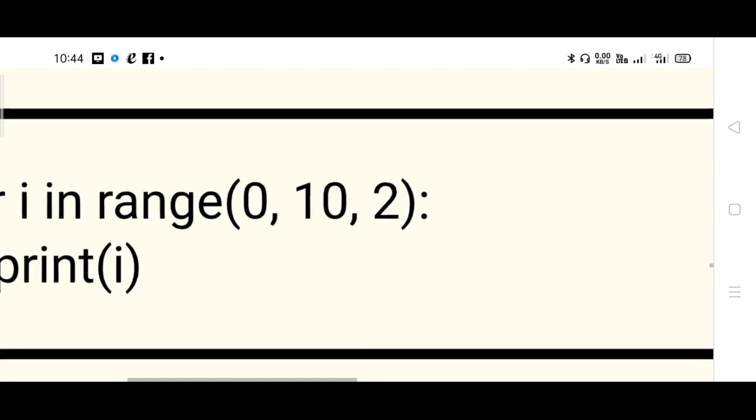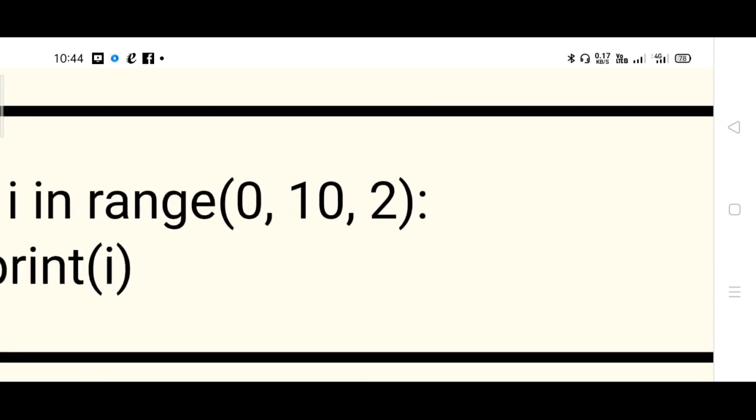But now, since there is a stepping parameter given, 2, you have to add 2 each time to the existing value of i. Say the initial value of i is 0, 0 will be printed as per the rule. Plus 2 is added, next 2 is printed, next 4 will be printed, 6 will be printed, and 8 will be printed. But after adding 2 to 8, you will be getting 10. 10 is the last parameter, you are not supposed to print.